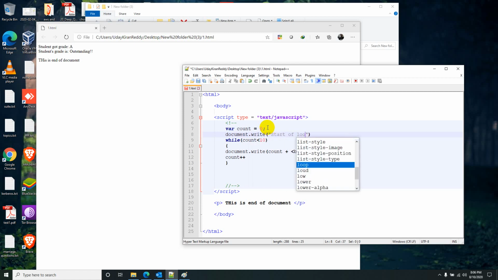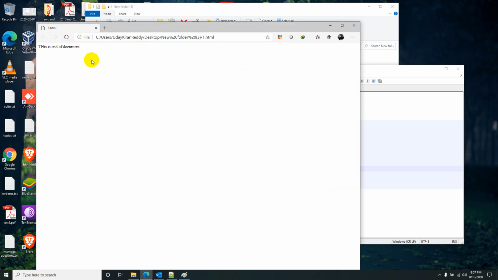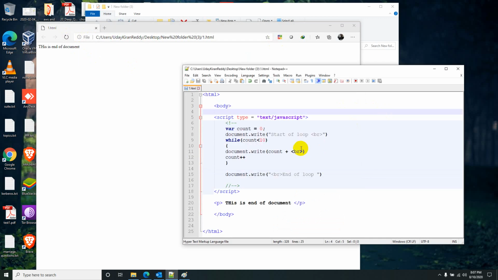So to check that, I'll add start of loop and end of loop. After start of loop, let's keep BR, and for the safe side let me keep BR here also, a line break. So let me refresh this.